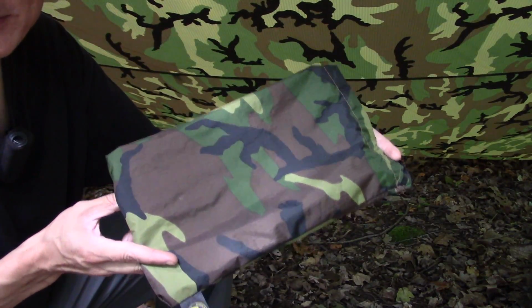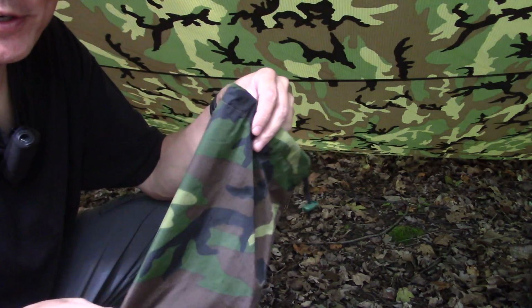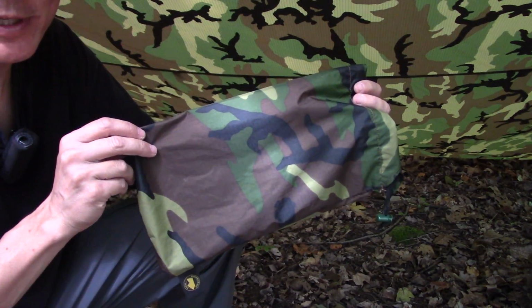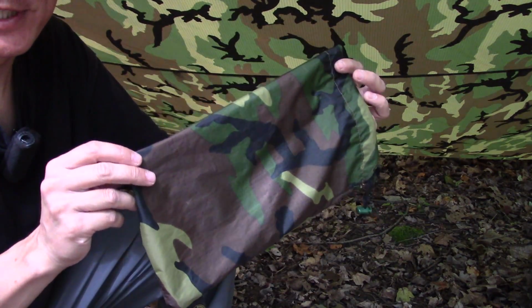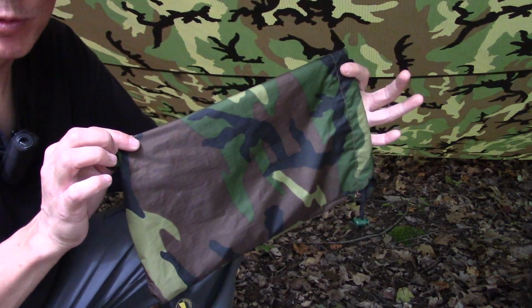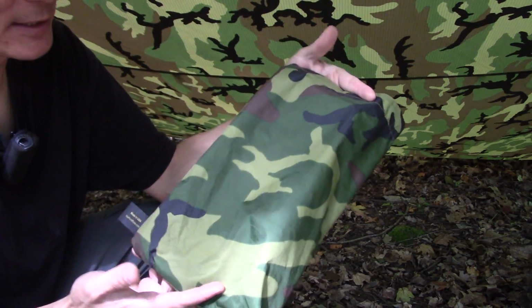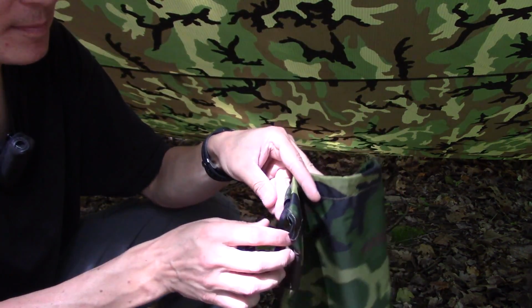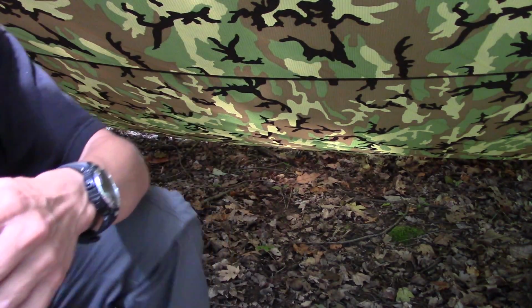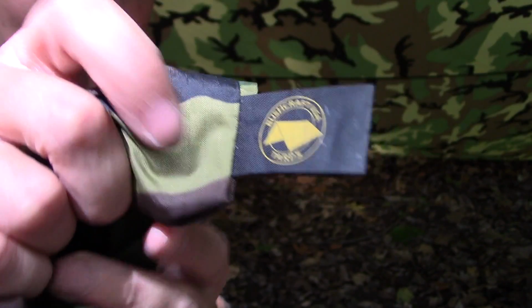Let's discuss the generous stuff sack here for a second, guys. Most of you know that when your gear comes with a stuff sack, a lot of the time it's way too small for the gear that's included, or it takes a lot of time and energy to get that tarp, for example, into a stuff sack. That is not the case with this one. This is a beautiful stuff sack, and I've had no problem getting this tarp back into here ever. As I had mentioned, the cord and the cord lock are made in the USA. And let me show you the tab here. Bushcraft USA tarps,